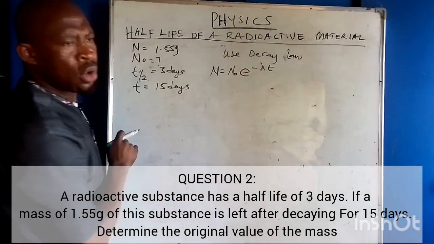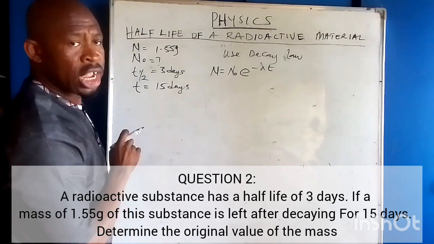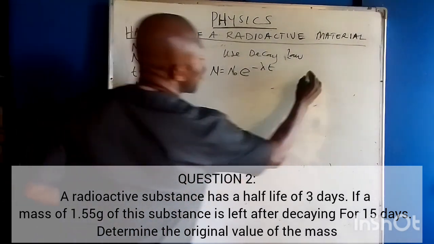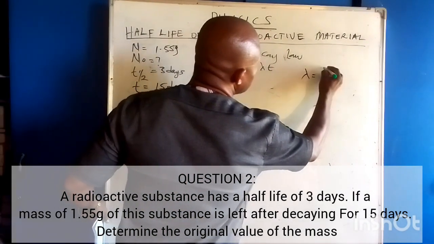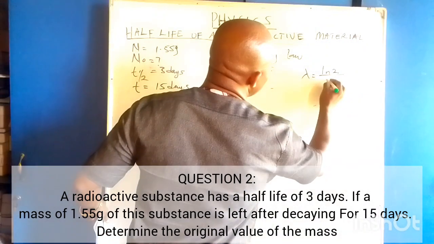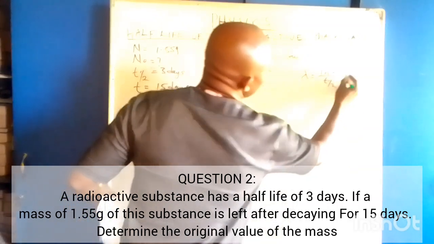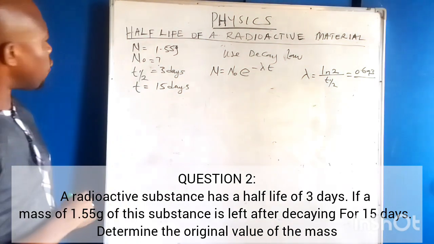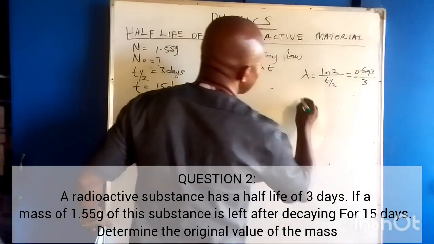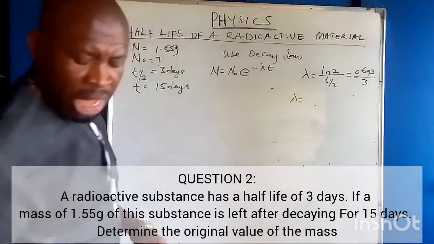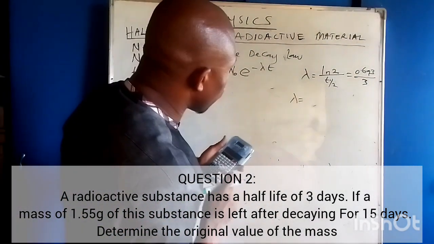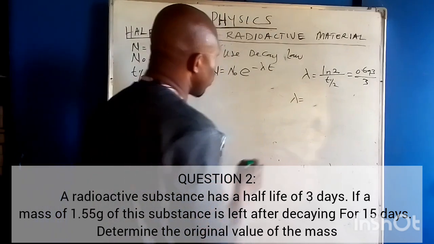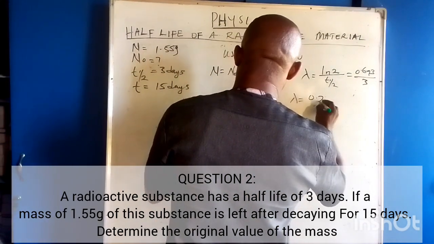Now this lambda here, which is the decay constant, is not given. The transmutation time is given to be 15. So we'll look at this straight. We now have lambda is the natural logarithm of 2 all over the half-life, which gives us 0.693 all over the half-life. Half-life from here is 3 days. Therefore, the decay constant will be 0.693 divided by 3, which gives us 0.231